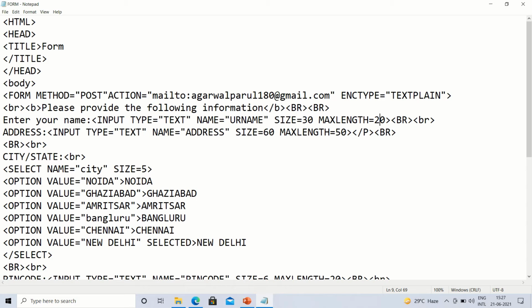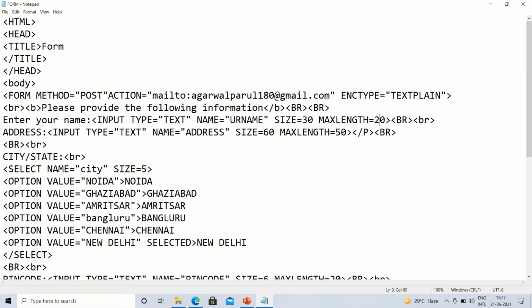From the next line, we will now give the select tag. Select name is equals to city, size is equals to 5. So we want to select the particular city from the given number of options. So what we are giving here under the option tag, we are giving option value is equals to Noida, and this Noida will be displayed.